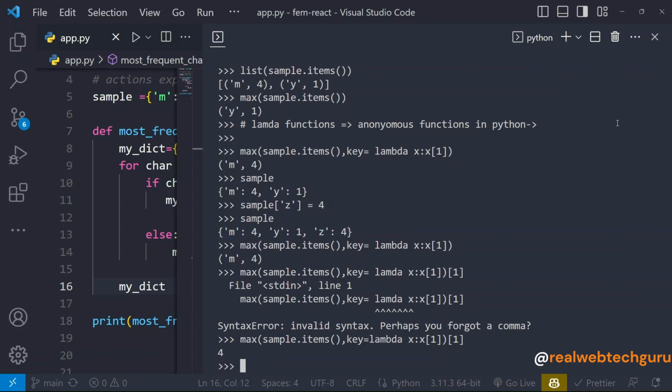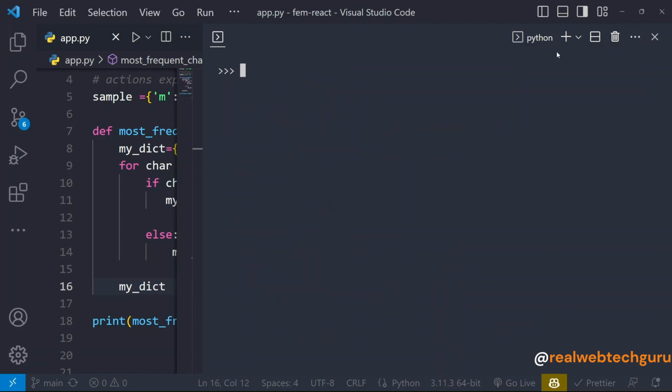Dictionary. We can use a dictionary comprehension. I talked about dictionary comprehension. So we can print the sample, and we have seen using the maximum we can get the actual value that is the highest, and then we can use a dictionary comprehension to get all those items with those values. How do we do that? We can create a dictionary comprehension and say,